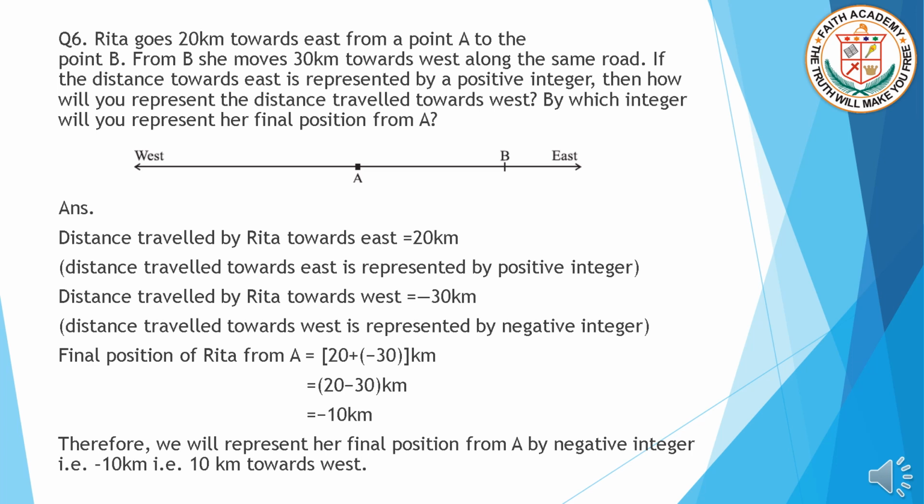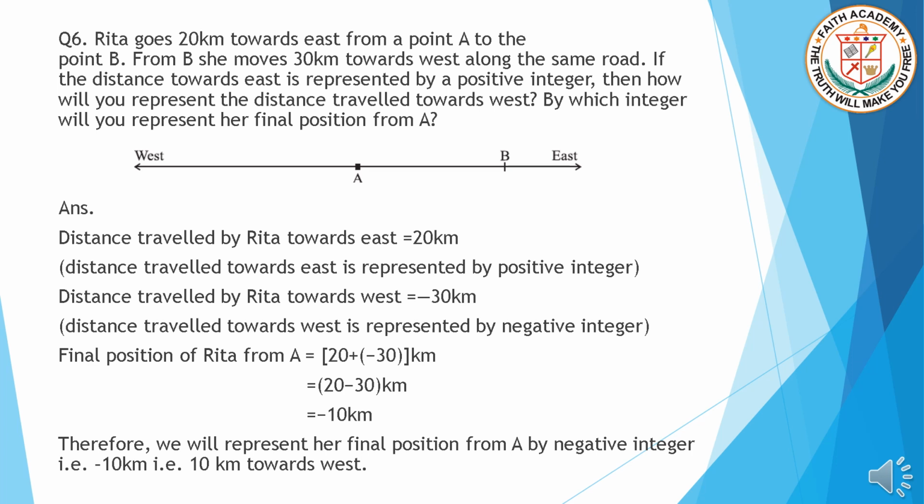Distance travelled by Rita towards west is negative 30 km. And so we have to find the total distance she has travelled to reach the position A. So for the final position of Rita, we will add both the distances. So in this case, 20 plus minus 30 km, plus and minus again using the rule of sign, positive and